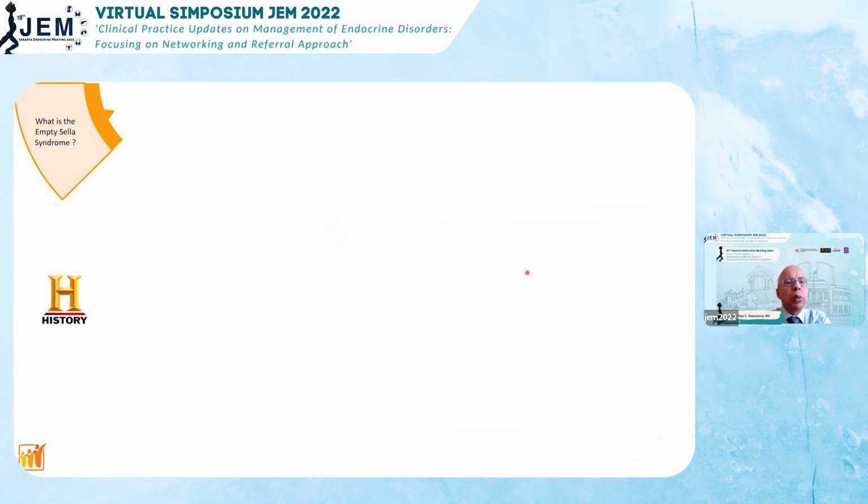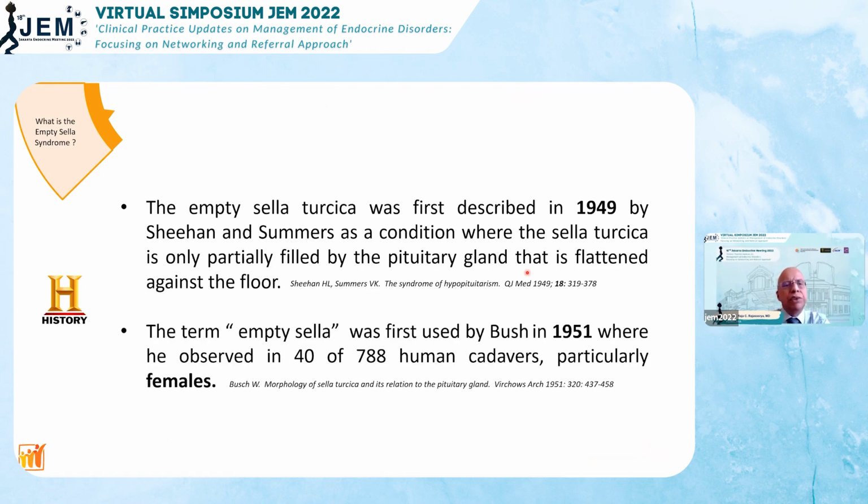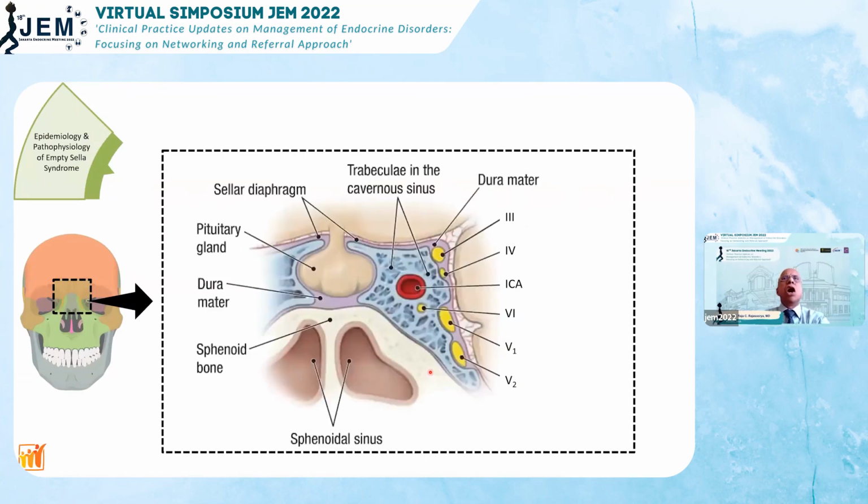Historically, we have used the term empty sella. It was described in 1949 by Sheehan and Summers, and they found the pituitary gland flattened against the wall of the sella turcica. But the term empty sella was first used in 1951. It was based on post-mortem studies, and they found it much commoner in females. So let's look at the epidemiology. And trying to understand the epidemiology, it's good to understand that that's the sella